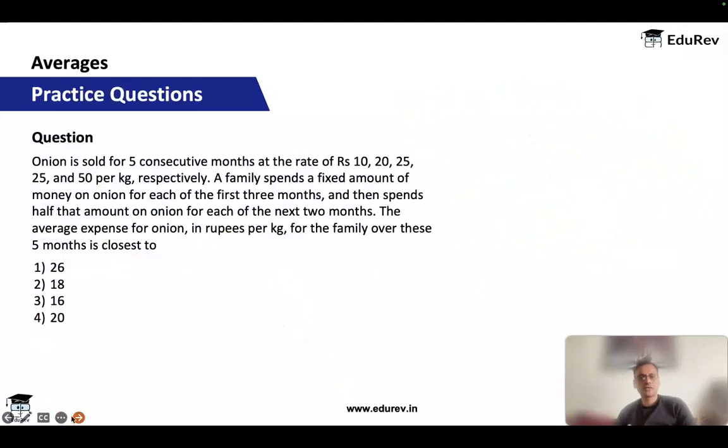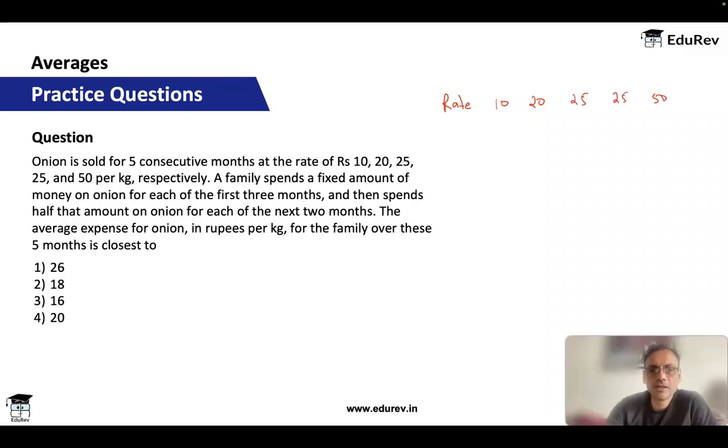Okay, let's look at this one. Onion is sold for 5 consecutive months at the rate of, okay, so I have the rate, which is 10, 20, 25, 25, and 50. So month 1, month 2, month 3, month 4, month 5. And the family spends a fixed amount of money for the first 3 months and then half that amount in the next 2 months. Now that amount